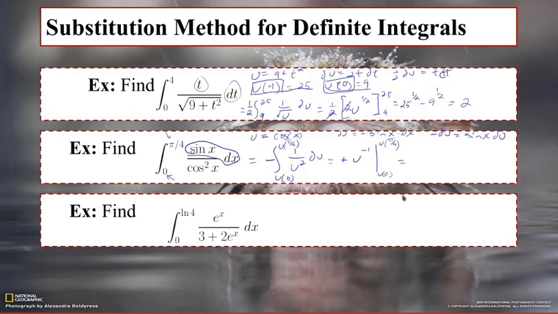But now let me back sub some back into my x's, and I have this is 1 over cosine of x, and evaluate that from 0, the original bounds of integration, to pi over 4, and I'm going to get, well, let's see, that's cosine of pi over 4 is root 2 over 2, so 1 over that is 2 over root 2, or just root 2, minus, and then cosine of 0 is 1, so we'll have this over root 2 minus